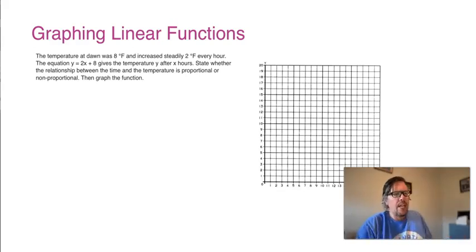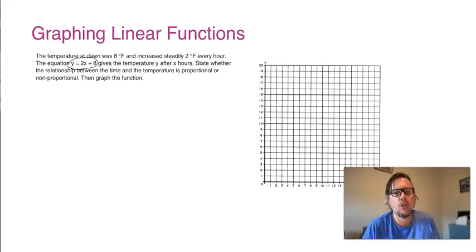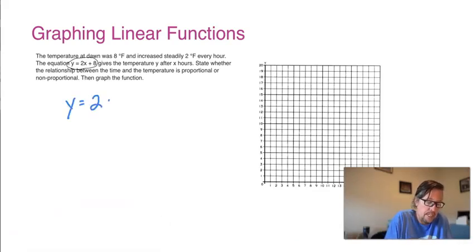So we need to do two things. We need to graph this equation, y equals 2x plus 8, and say whether it's proportional or non-proportional. So the equation makes sense in the context of the problem. It starts at 8 degrees Fahrenheit. That's the plus 8, the y-intercept. And it increases steadily at 2 degrees Fahrenheit. That's the slope. So right away we know that this is going to be linear because it is written in